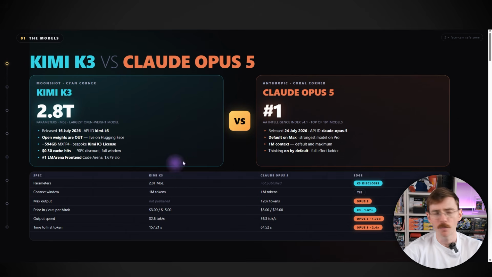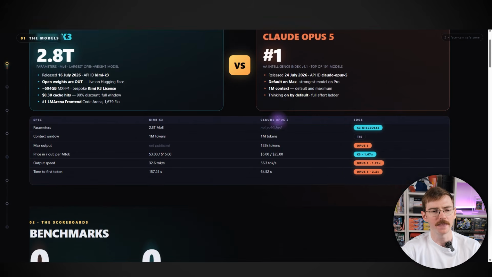The important thing you need to know is, as I said, Kimi K3 is open weight, but it's massive. No one can really run this locally unless you have a server rack with a ton of spare hardware. So for most of us, we're not going to be running Kimi K3 locally, but it is an option. The fact that it's open weight is a plus for them if you're looking at that. Now, when you compare it to something like Opus 5, we could put Fable 5 in here, but as you might know, your actual usage of Fable 5 is limited depending on your subscription. So I thought it was good to look at these two neck and neck.